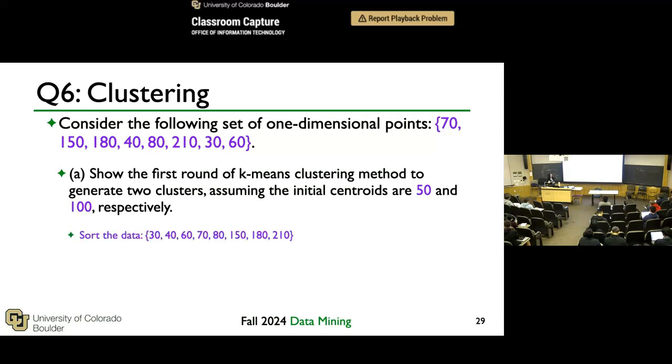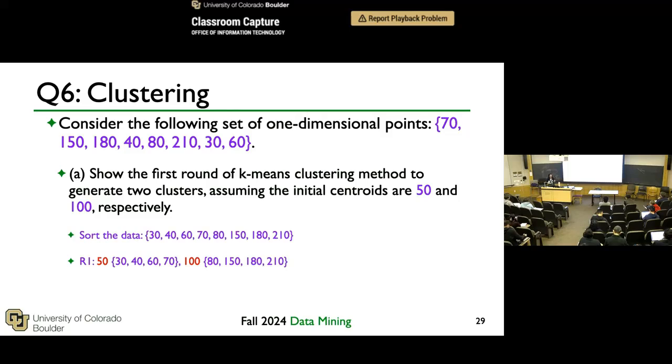So as I said, with this 1-dimensional data, usually it's easy if you just sort your data, because once you sort it, then you can quickly identify which ones go to which cluster. So in this case, 50, right? 70 is still closer to 50, but 80 is actually closer to 100. That's where you